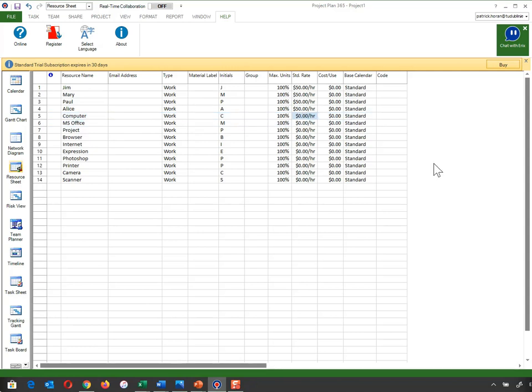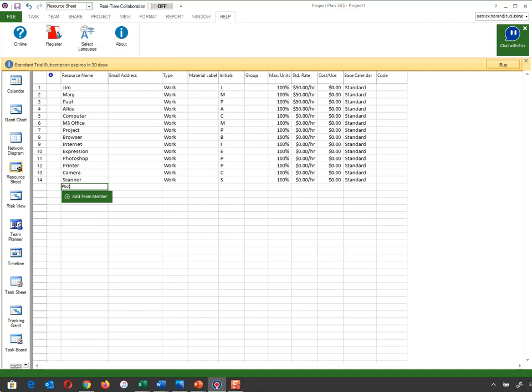So computer is available on the 4th floor. MS Office is freely available to us. Our project is, browser is, the internet is, okay? Microsoft Expression is. Photoshop isn't, okay? So what I'm actually going to do is, I looked it up this morning, and the price of Photoshop is €294.97 per year. Okay, so what I'm going to do is I'm going to add in another resource in here. I'm going to say Photoshop